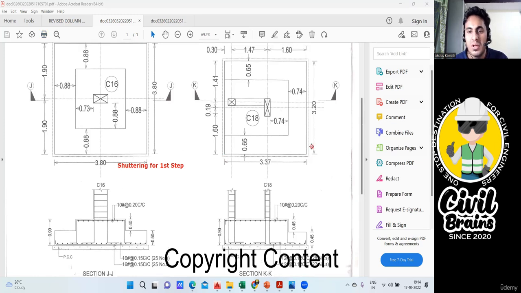3.37. One thing you need to check is which side is attached to the wall. For example, if this is attached to the wall, let me consider two cases here. Now this portion is attached to the wall. Then the shuttering quantity will be this one, 3.37, 3.20, and